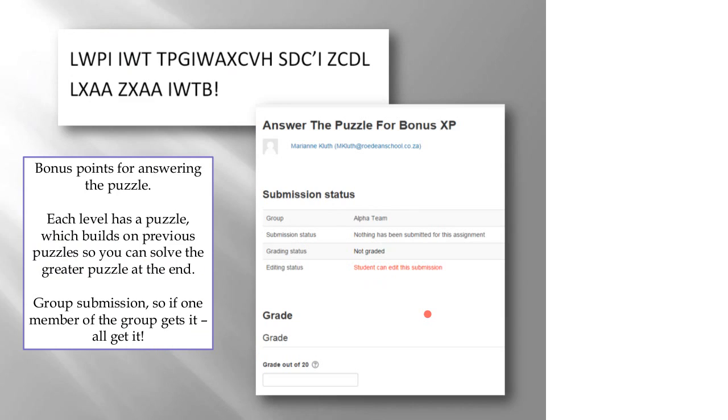In terms of the puzzles, once you've completed all of the assignments for a level, and you can have as many as you want, so if you want to scale it, instead of just 5 spreadsheet assignments you could have 10 spreadsheet assignments and make it much more meaty, they then get a clue. So this is all they're given. It's a little document. It has those strange letters in it, and it's obviously they need to decode it.